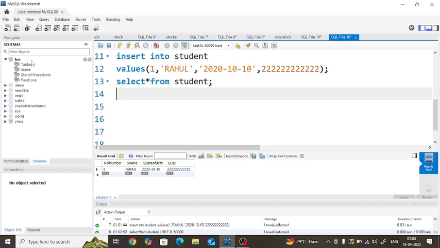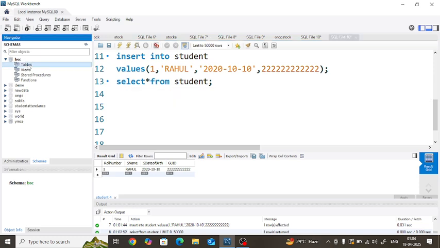So let's take the BSc, and we can see here the table. So we go here to the table, and now click the right button,